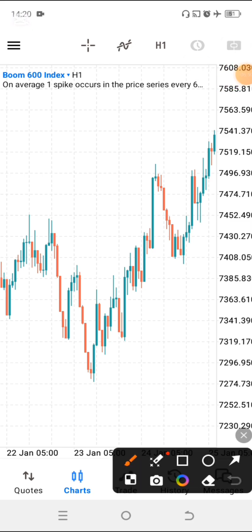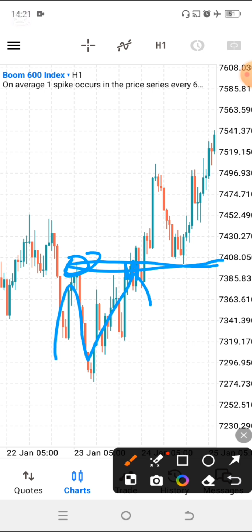So in this case, we can mark this area over here. As you can see, this is the major point, this resistance over here. It gets broken over here because I don't want to consider this. Why? Because these are showing that they wanted to respect this, but as I told you, most of the time these aims usually don't work. It seems like it's going to work, you enter for your sells, the market spikes against you, and you lose a lot of money. So that's why I don't really like to use this, but I'd rather go for the continuation type of support and resistance.